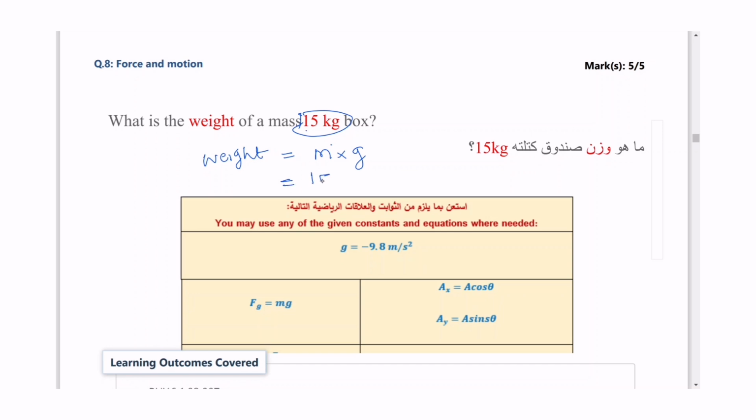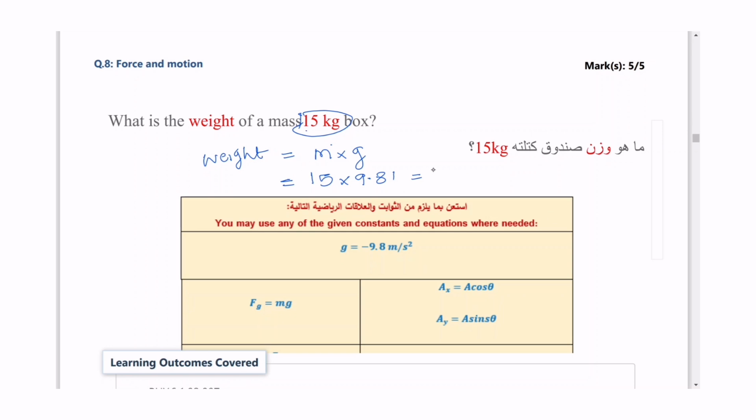So mass is 15, 15 multiplied by 9.81 equals